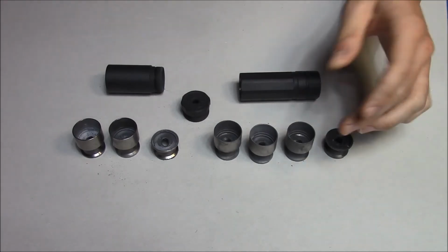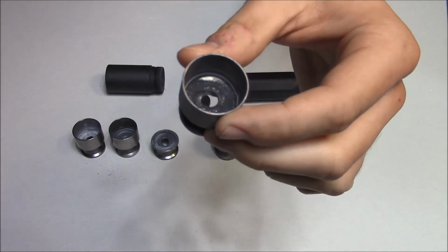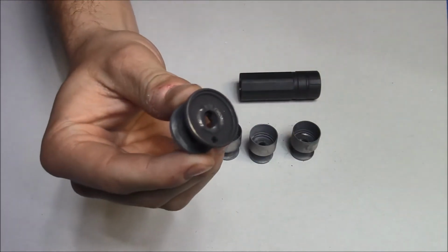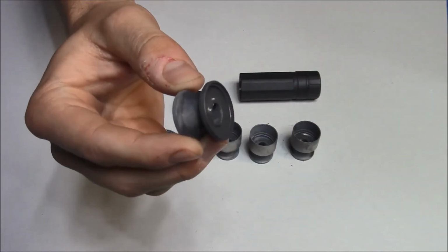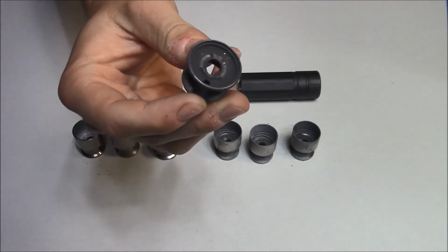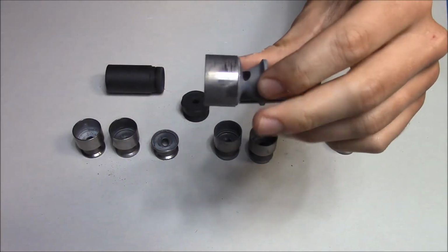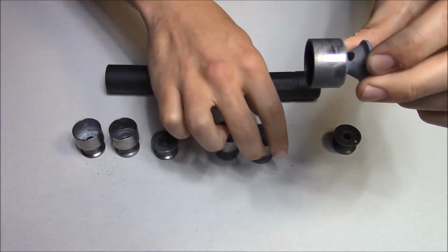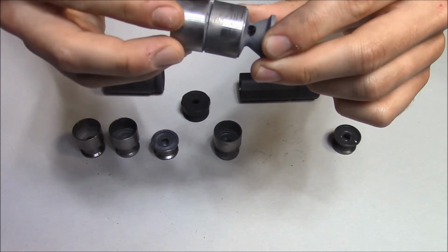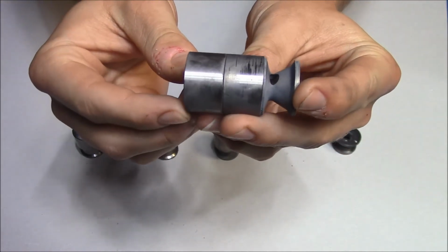Now, the nice thing is they look quite a lot like those found in AAC's highly regarded Element 2 and Aviator 2 suppressors. In fact, especially these short ones. I mean, they look almost identical to those that you see in the Element 2 and the Aviator 2. The difference, though, is that, as I mentioned, these distal baffles have a skirt on them which shields each subsequent baffle, or I guess shields the preceding baffles, I think is the more correct way,